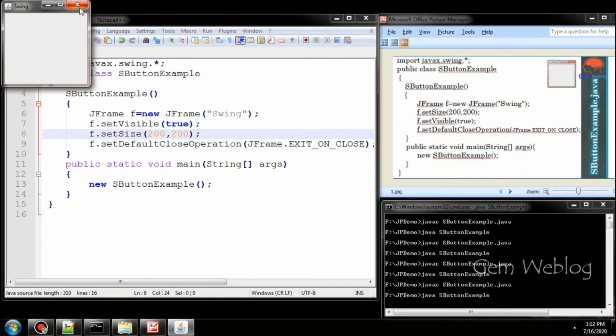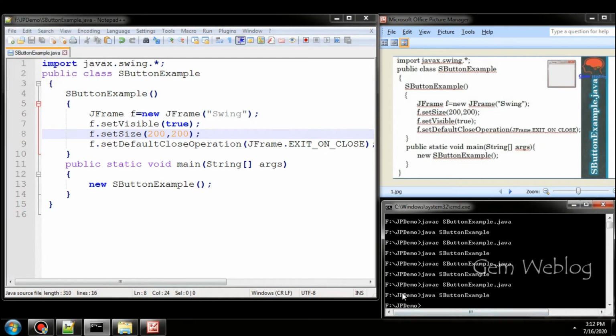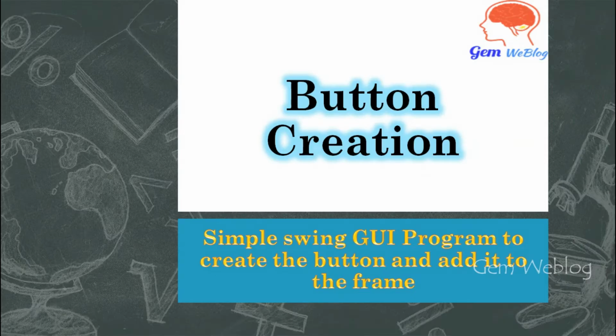Now I am closing the window. When I close the window, the control is automatically transferred to the console. No need to use Ctrl+C to terminate it, since setDefaultCloseOperation is set to JFrame.EXIT_ON_CLOSE.